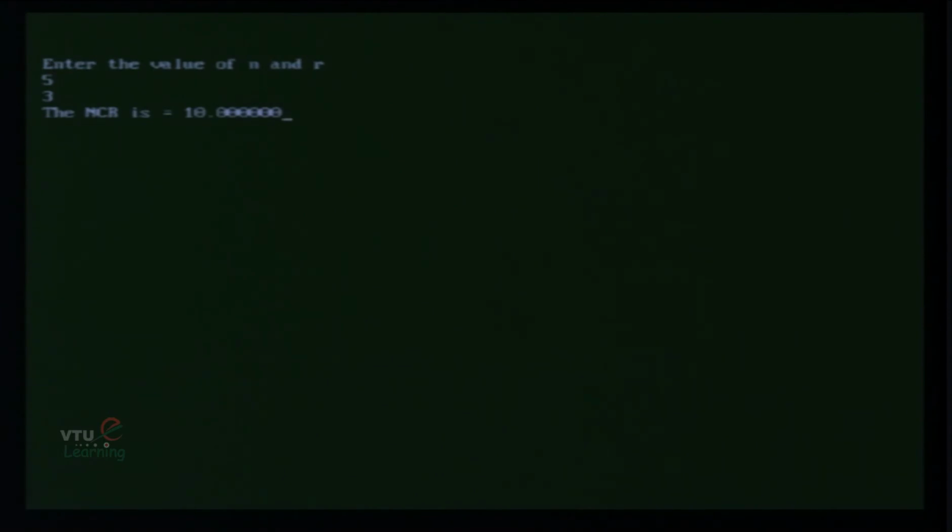Okay, the NCR is 10.00 for the given values n is equal to 5 and r is equal to 3. This program computes the binomial coefficient NCR.